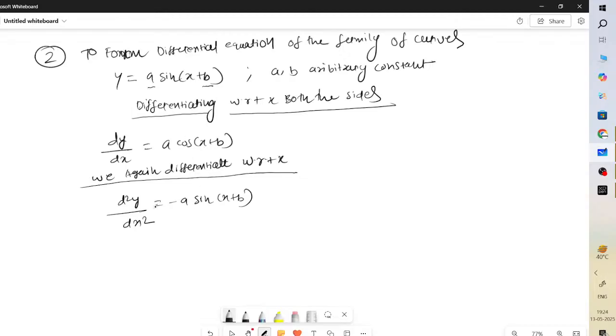So after differentiating 2 times, we can see that a sin of x plus b, and here also a sin of x plus b is common. So here we put directly